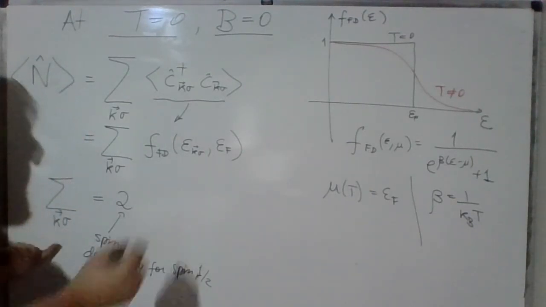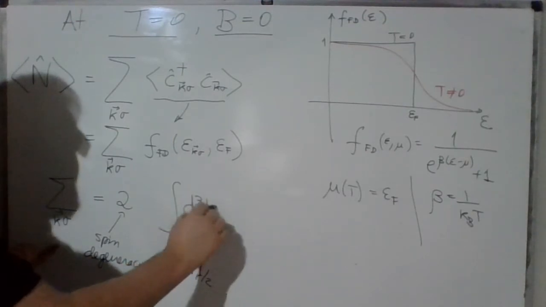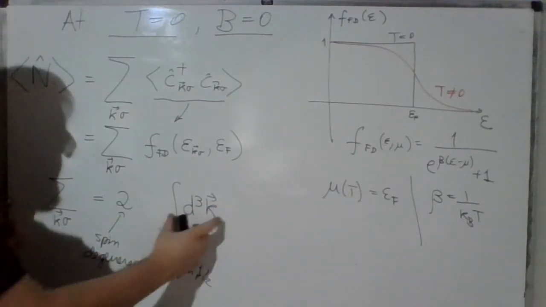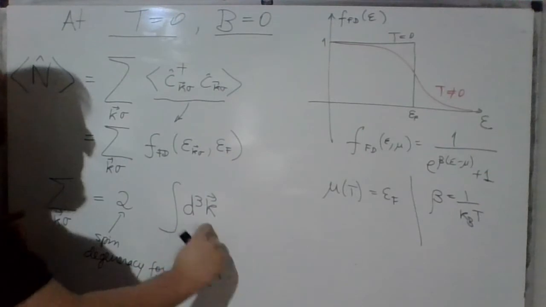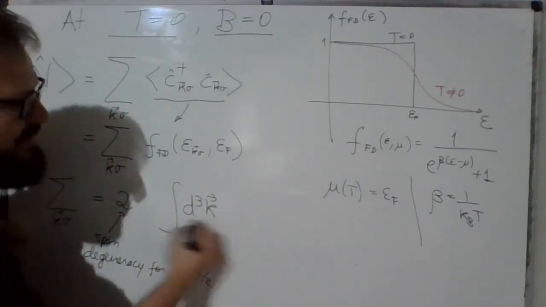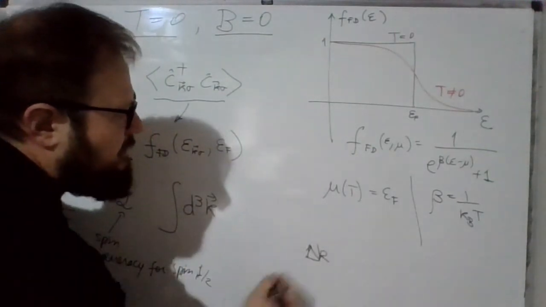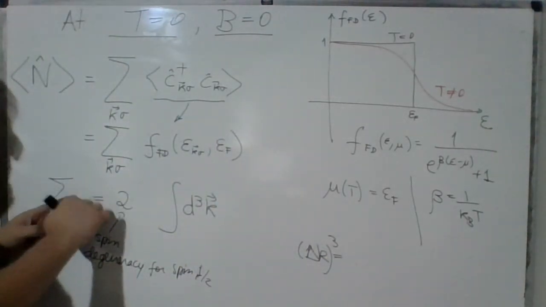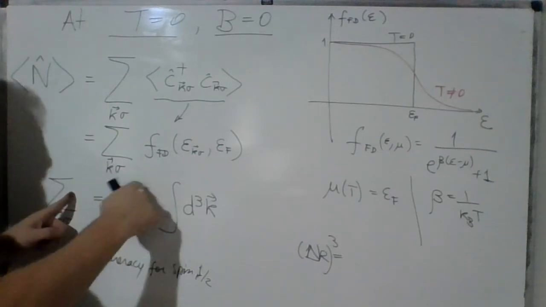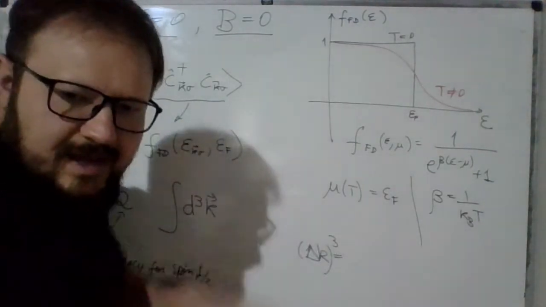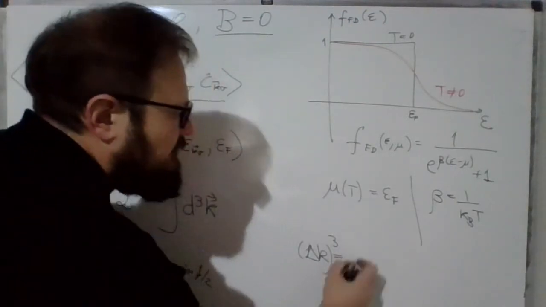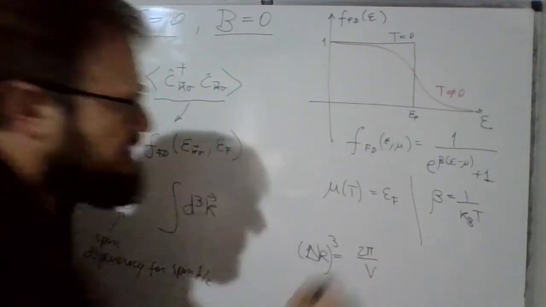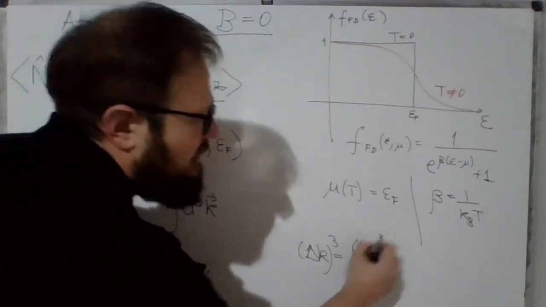Okay? So for spin 1/2, you have a factor of 2 corresponding to the degeneracy of the system, and you replace the summation by an integral over d3k. This has a volume in k space, so we need to correct that by the smallest delta k possible cubed, okay? Because you need to multiply the summation by delta kx, delta ky, and delta kz, and then you need to normalize properly. So this corresponds to the volume of the sample in the denominator in k space, their volume in the real space, and the 2 pi cubed,